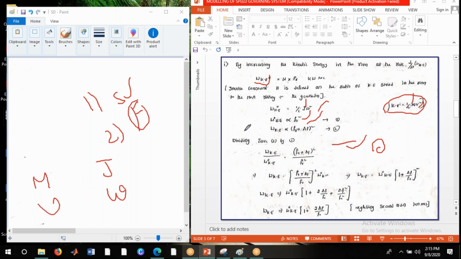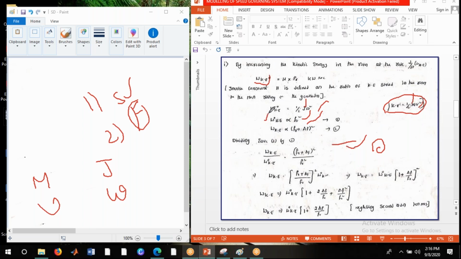Now the frequency feedback is a continuous process, right? So that is the intentional feedback we are involving in that method. If there is any change in the frequency, why? Because the load is not constant. It keeps on changing. Based on the load changing, the frequency feedback has to change, and based on the frequency feedback, the governor should control the valve opening or closing condition. Now, based on this change in the frequency, we can term it as equation 2, that is given by WK.